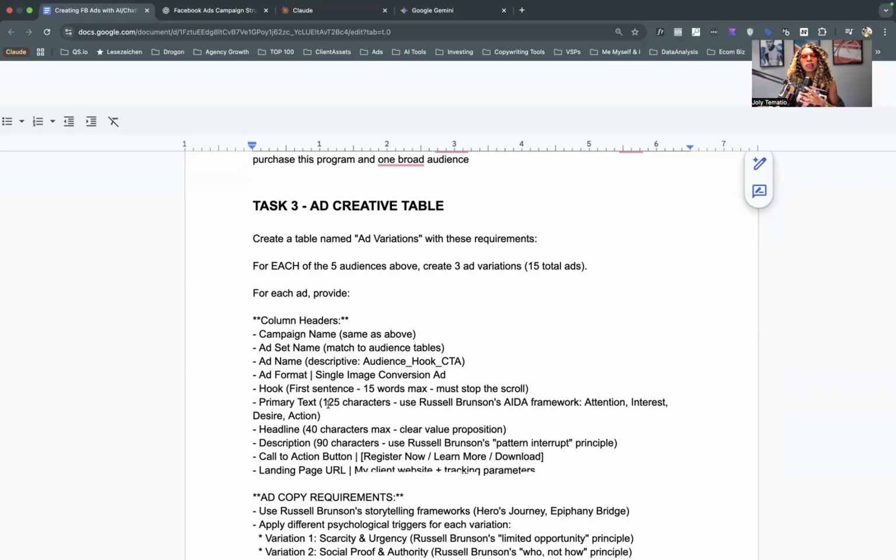After Meta's Andromeda update, which was launched at the end of Q3 of last year, there's a bigger importance around your creative. The creative is the new targeting, in the sense that it can actually make or break your campaign. The reason why this is structured in this way is because we want to have as much creative as possible. So going with 6 audiences and 3 creatives for each audience, we're actually going to end up here with